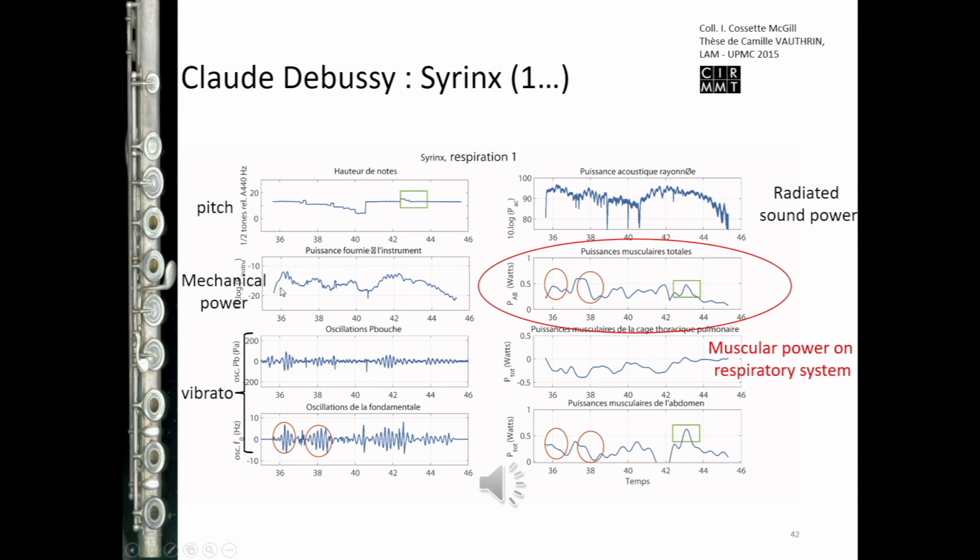Here is the mechanical power that is injected in the instrument. And now we have two things here to indicate the vibrato, because listening to the excerpt, which I will play after, you will realize that the vibrato is strongly correlated to specific musical intention in the playing. We here have the radiated sound power, and what we found was that each time there was a strong musical intention, as attested by the triggering of the vibrato, it corresponds to a specific effort on the respiratory system. That means the musical intention was triggered each time by something special, like an effort on the respiratory system. And more than that, it was triggered by the lower part, the abdominal part of the